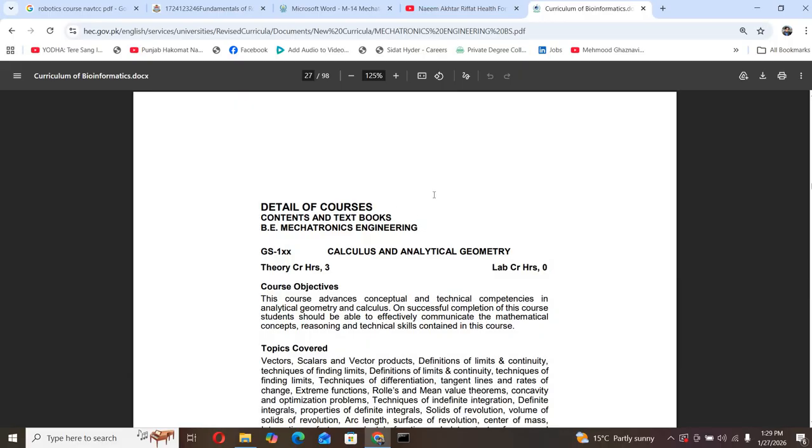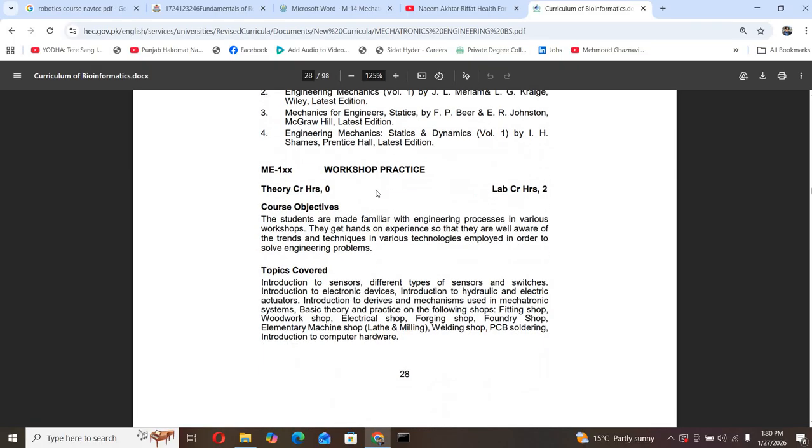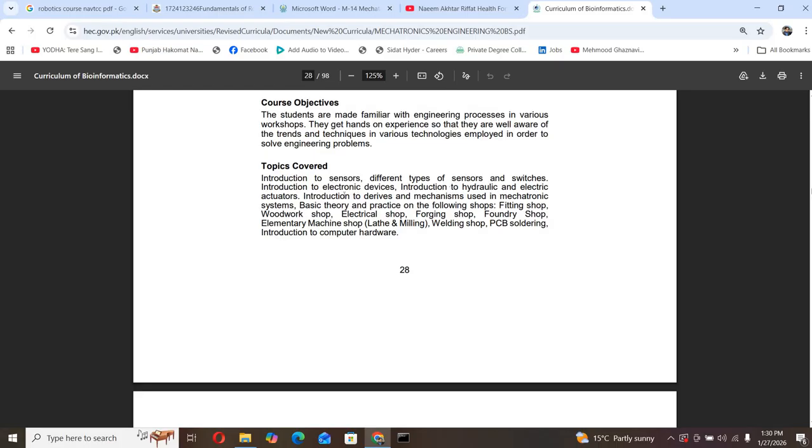In the first semester we will study calculus, engineering statics, force, rectangular and oblique axis movement, two and three dimension movement and resultant couple, two and three dimensional systems, equilibrium, mechanical system, free body diagram, equilibrium conditions for two and three dimension system structure, plane structures, the solution of plane structures with method of joints and method of sections, frames, and later the workshop: introduction to sensors, switches, electronic devices, hydraulic and electric actuators, devices and mechanisms used in mechatronic systems, theory and practice on the following fitting shop,